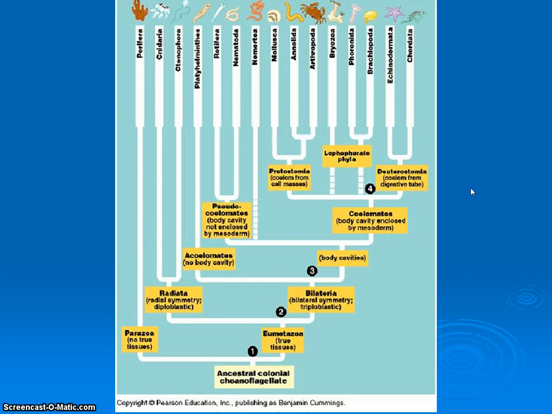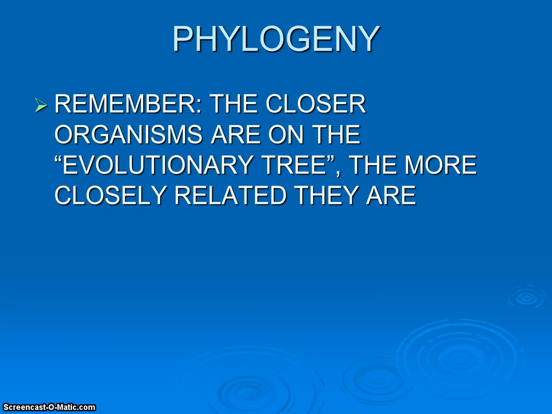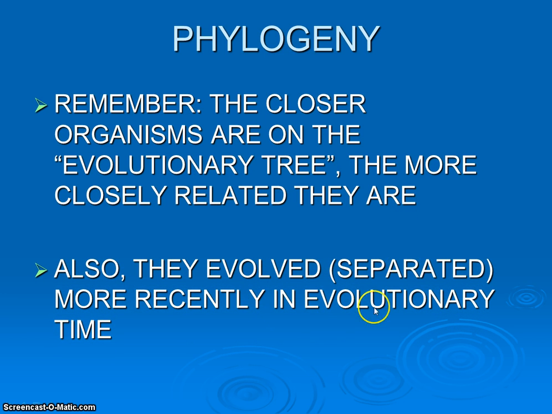Now again, it does look a little bit nerdy and it may be a little overwhelming. Just remember that, think of it as a timeline. As this tree develops and grows, we get more and more branches and more differentiation, more specialization. So in closing, these phylogenies here, the key thing we have to remember, they're really an evolutionary tree. The closer you are, the more closely related you are. And the more close you are, the more recently in evolutionary time you branched out or separated from a common